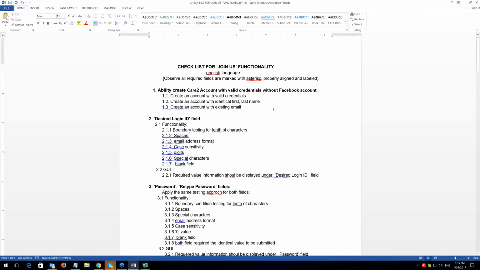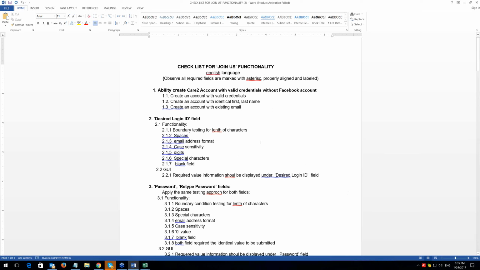So one of the students wrote a wonderful checklist for the join us functionality. So observe that all required fields are marked with asterisks, properly aligned and labeled. She even included the graphical user interface here. Why not? GUI does matter. It's really important. And here, desired login. Aha, boundary testing for length. What about spaces?